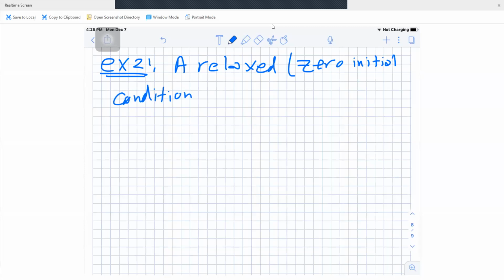Be careful with this word. Whenever you hear relaxed, it means what? It means you have zero initial conditions. Okay, I mean the initial conditions are zero. So a relaxed DSP system